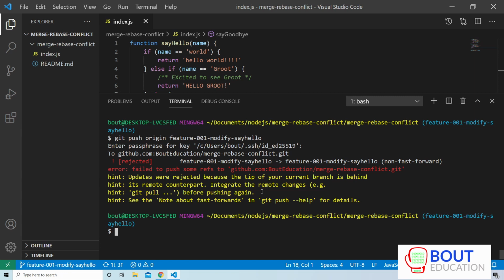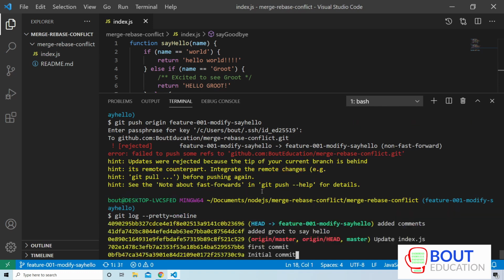So what is this error message? The reason this error message pops up is because your commits don't exist in Git anymore. Remember how rebase completely rewrites history. It takes your original commits and replaces them with new ones. So if you do a git log,